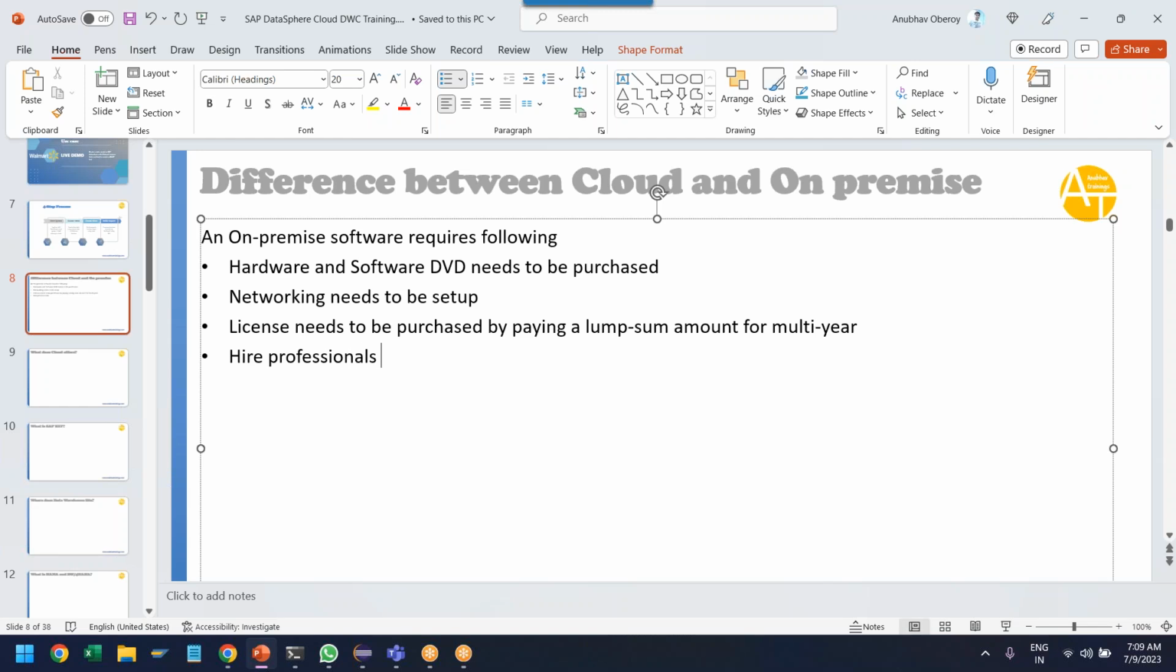In case of SAP, these are basis consultants, which are specialized consultants to manage this software, who will manage the security, the administration, the health of the system, the backup and recovery. They will be doing it. The upgrades and support packs